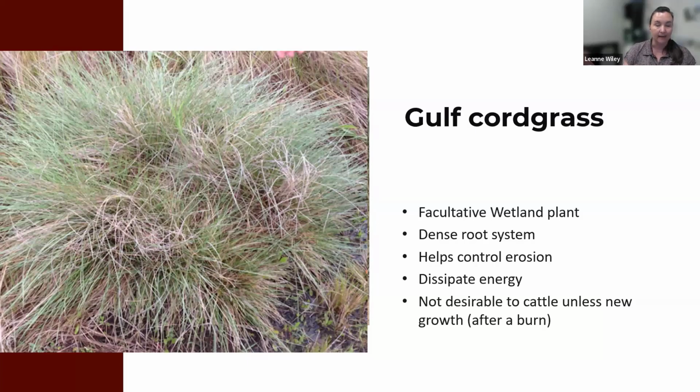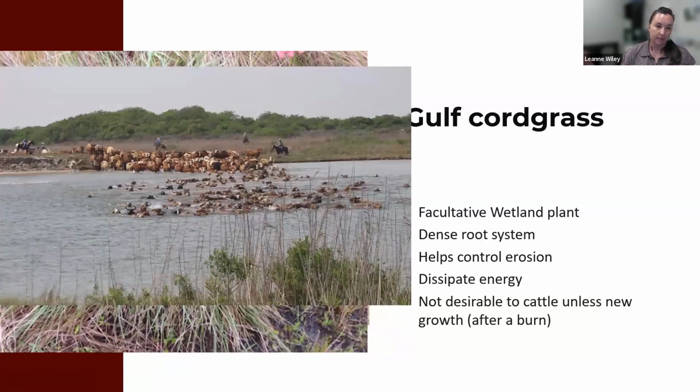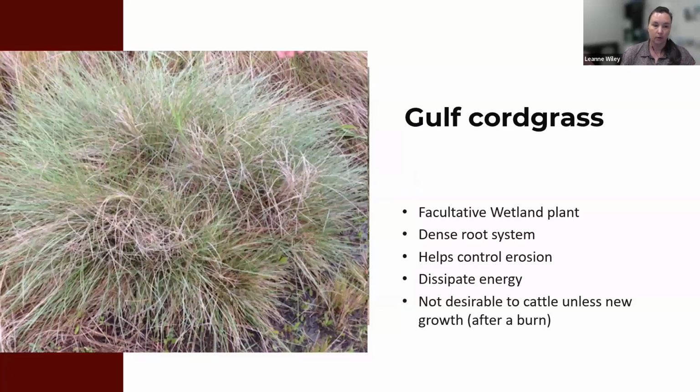It's not as desirable for cattle, but if it is burned, or it's tough to shred because it's in a wet area, it's common practice where I was from in Matagorda County for it to be burned, and then the cattle be put out a couple times a year, usually in November and April when they're moving cattle on and then off again. That's a more palatable grass, and those cattle will spend months out there grazing that down off the Matagorda Island. So they do this, like I said, twice a year. They move them out to the island and then back, because they're out there, and that's what they're living on, is the Gulf cordgrass.